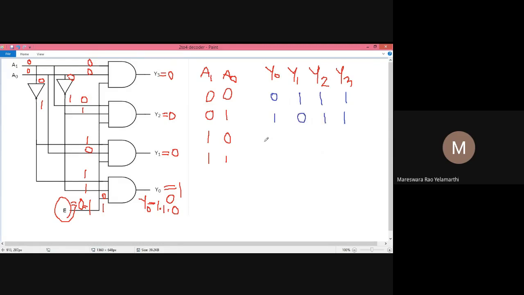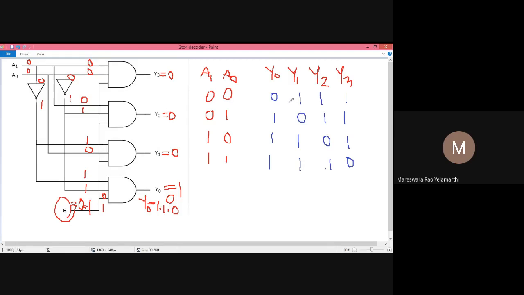This is the reverse logic. This one is 0 and the remaining all are ones. So this is the reverse logic circuit output. Don't bother about that one. You may understand very clearly.